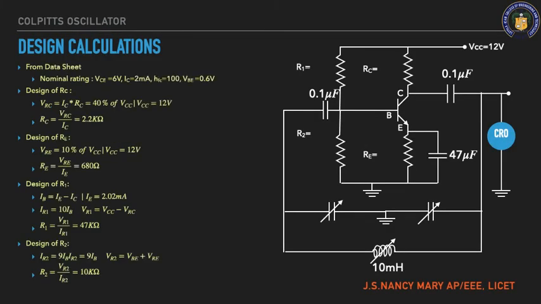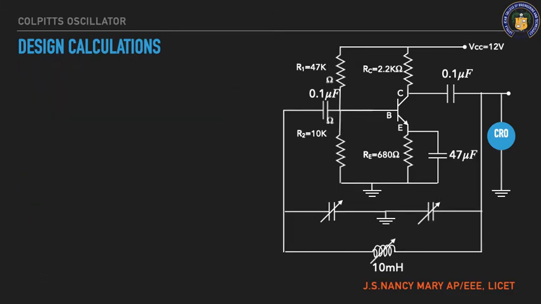So we are going to use a common emitter transistor configuration. So we can have the design calculation as your common emitter amplifier. I'm going to have the same design calculation for the resistors and the capacitor. Now I can decide the values for 6 microfarad and 0.1 and then 10 millihenry. For that I'm going to check what the frequency will be.